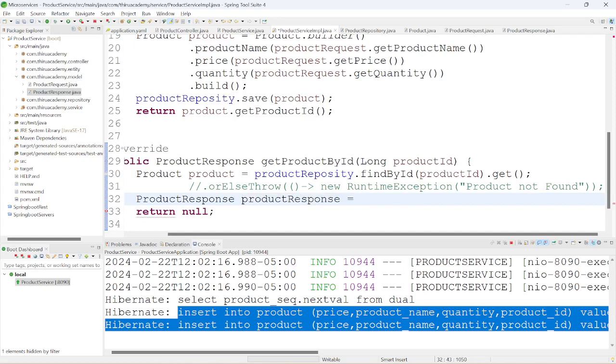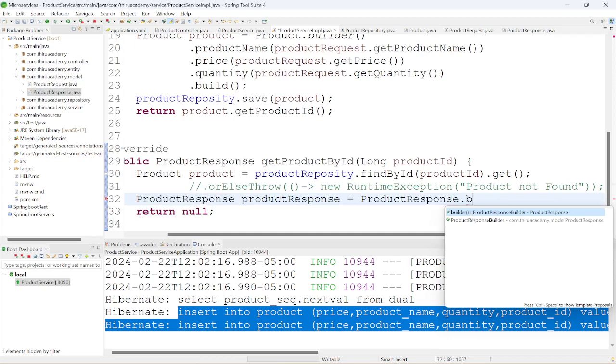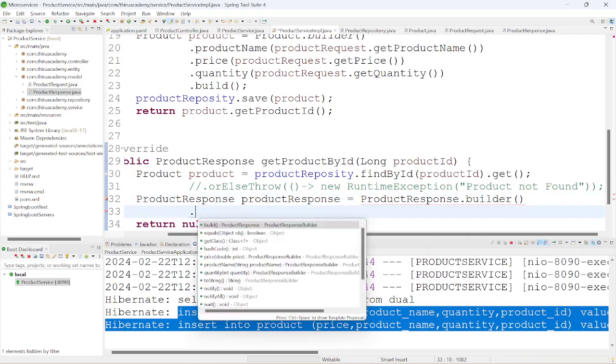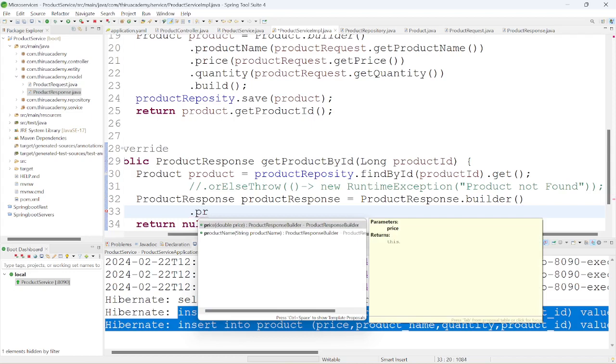Here from the product object we need to build. See, whatever we did there we are doing here, product response dot builder. Okay, then we need to copy the property values, right? So I am copying now the product name